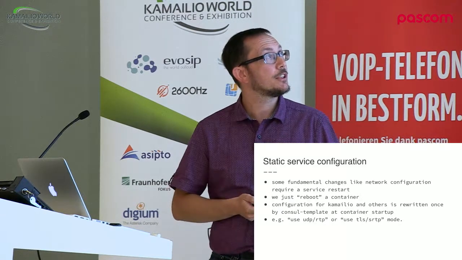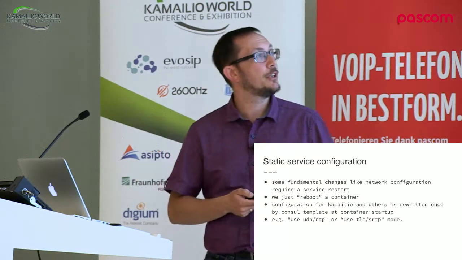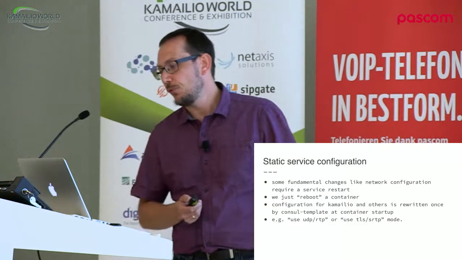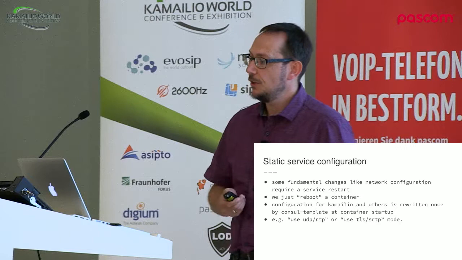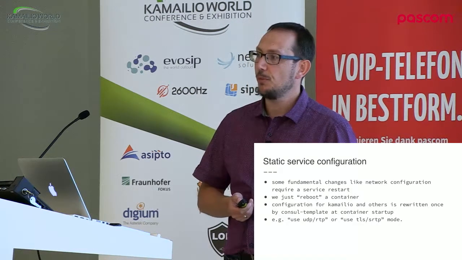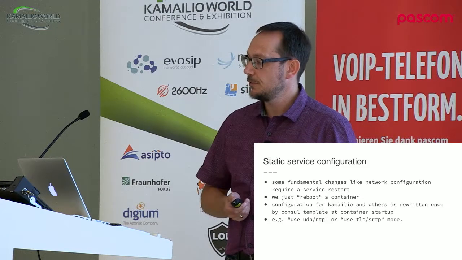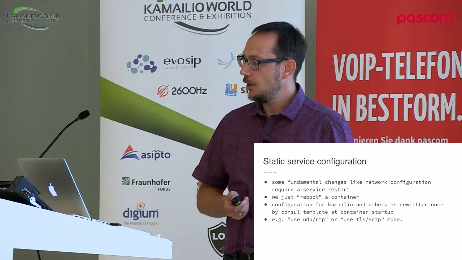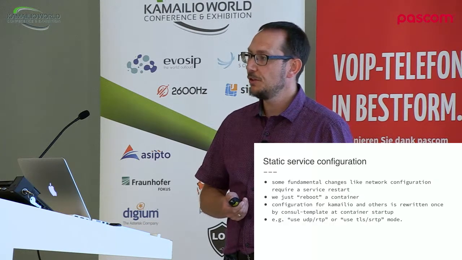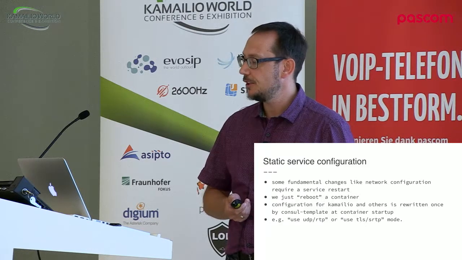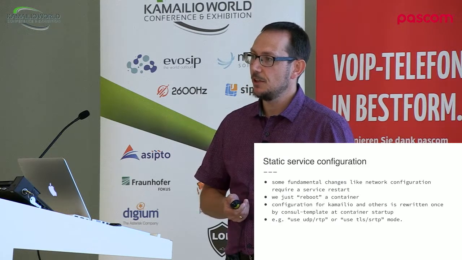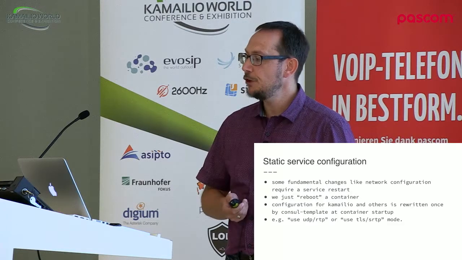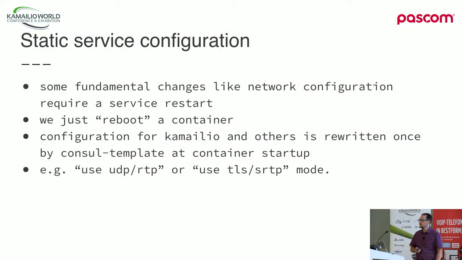Then we use it also for static service configuration. This is, again, related to how we're treating containers. So when we start up a container, we check Consul, we run this Consul template, and we write a couple of configuration files. A config file for Kamailio, which is included with the settings. Do I want to have UDP, RTP on this instance, on this interface, or do I want to have TLS, SRTP? Is VPN allowed or is it not allowed? So the basic things. If you change one of those parameters, you need to reboot this container. So you will, again, lose your voice streams. So that's obviously not always the best choice.